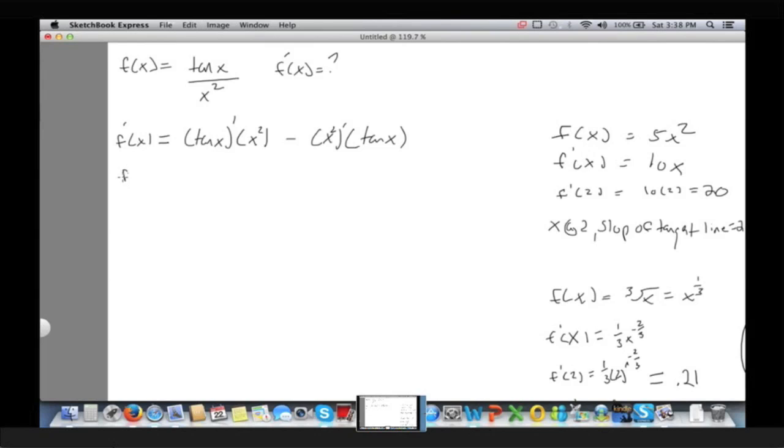Okay, so derivative of tangent is secant x. I'm just going to double check that. Secant squared, okay. Secant squared of x times x squared minus 2x